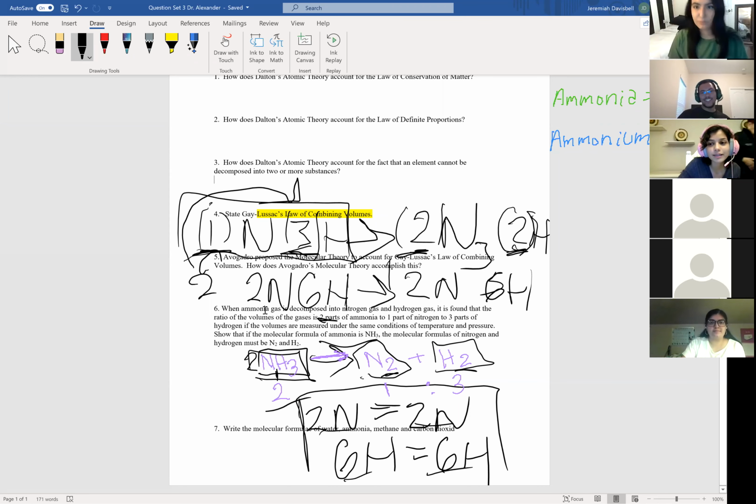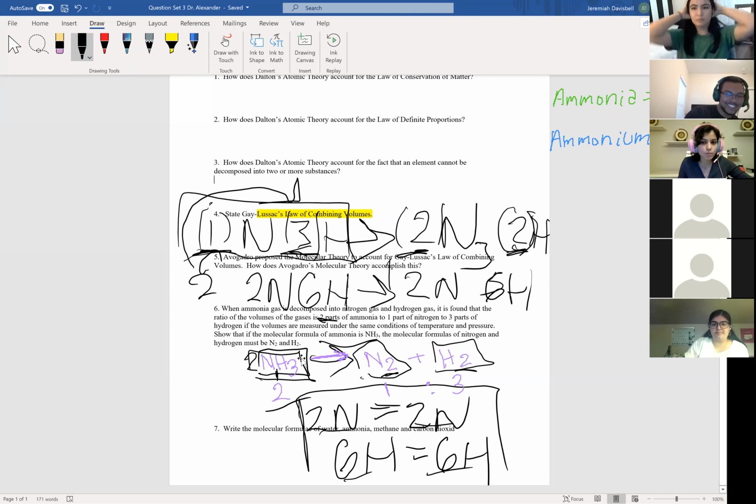Beautiful. I have a question. Go for it. You know the 2 that you said you put in front of the equation and then you distribute it? Where did you get that 2 from? I got you. So in the actual question itself, he said that we have 2 parts of ammonia. So that means that we're multiplying this 2.